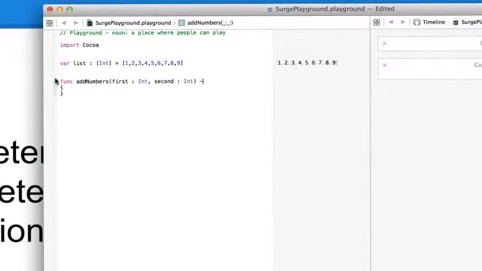But of course, we want this to return another int. So we're going to do an arrow and then int. And here we will just add first plus second. And calling the function is just like any other programming language. Now, one thing we can do